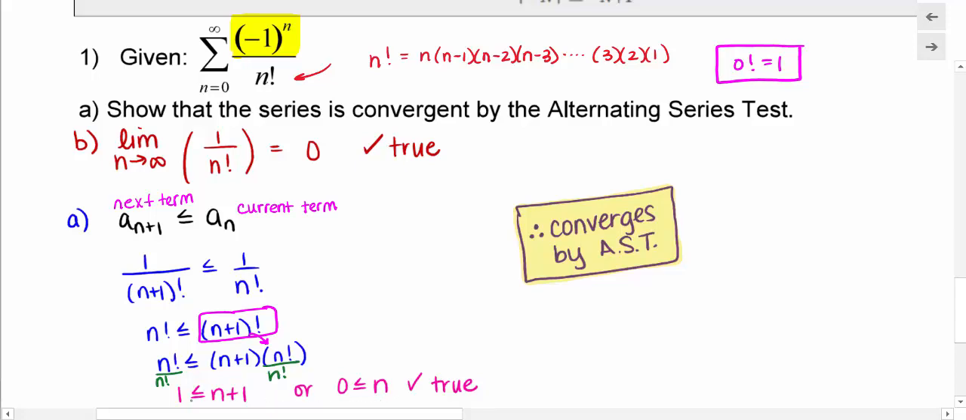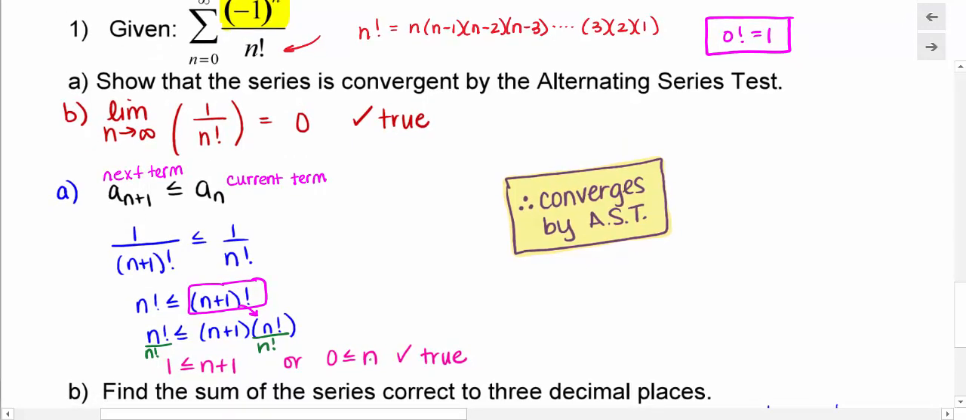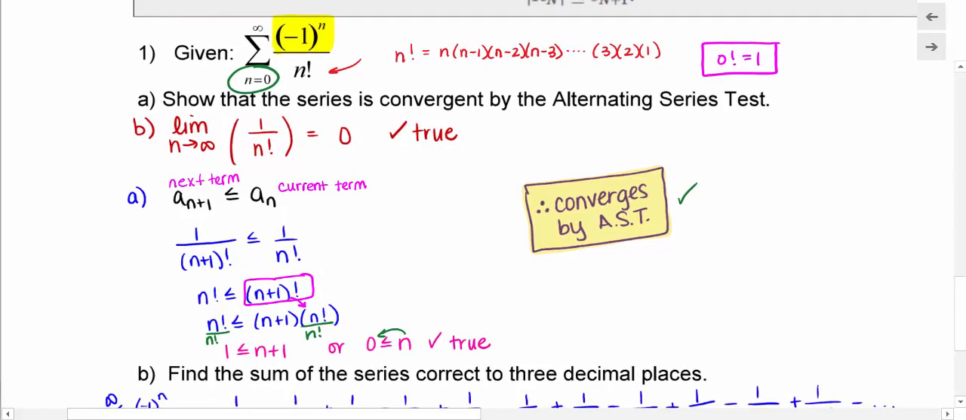My factorials are now gone, which is nice. It helps me solve. Subtract 1 from both sides. 0 is less than or equal to n, which is absolutely true. n is greater than or equal to 0 if you read that from the n, and that's exactly what my series states in the beginning. So I know it converges by the alternating series test, and now I'm ready to find the sum correct to 3